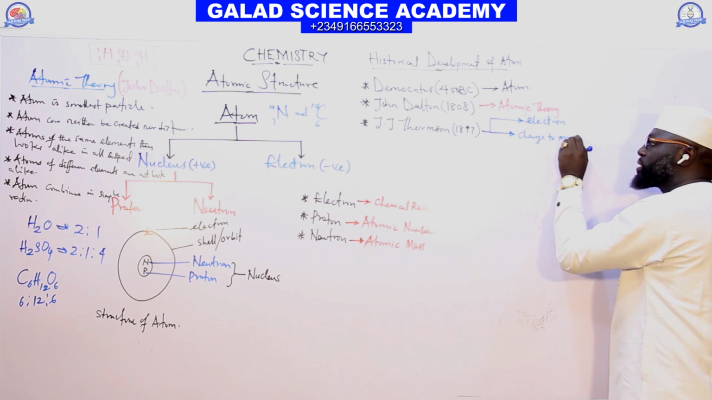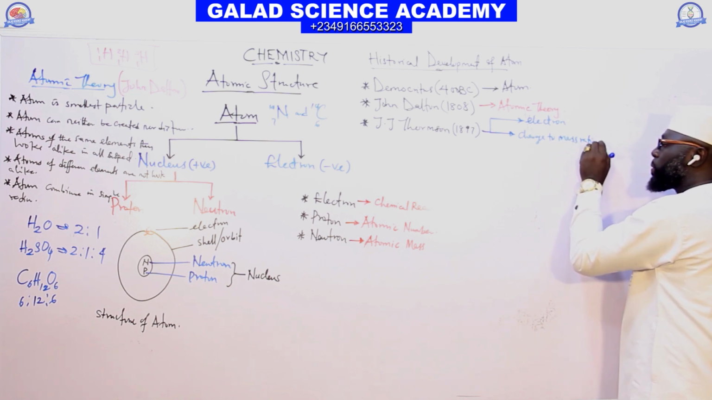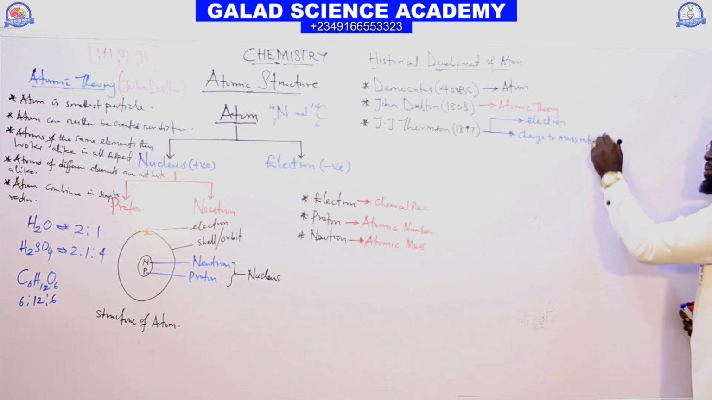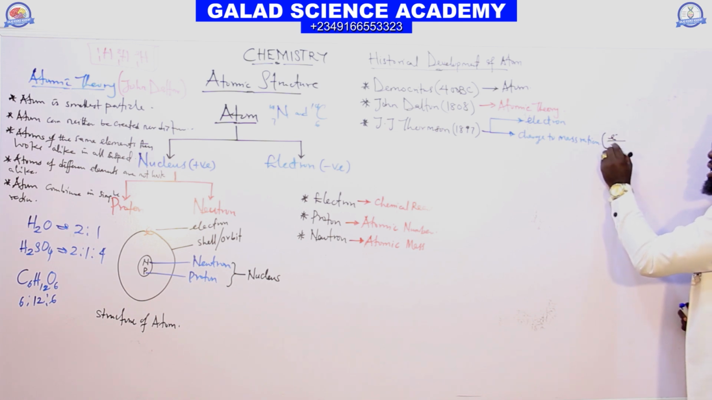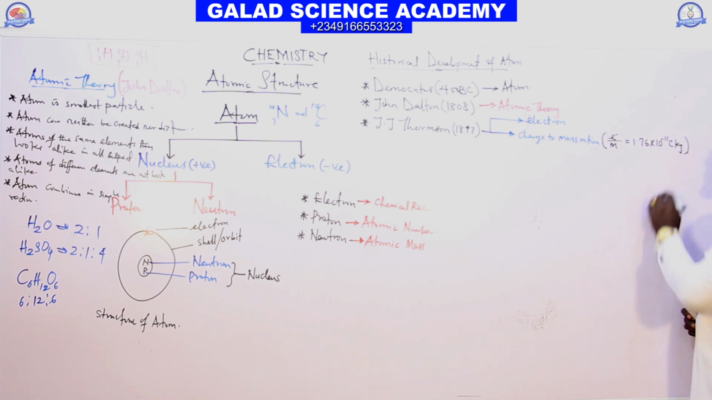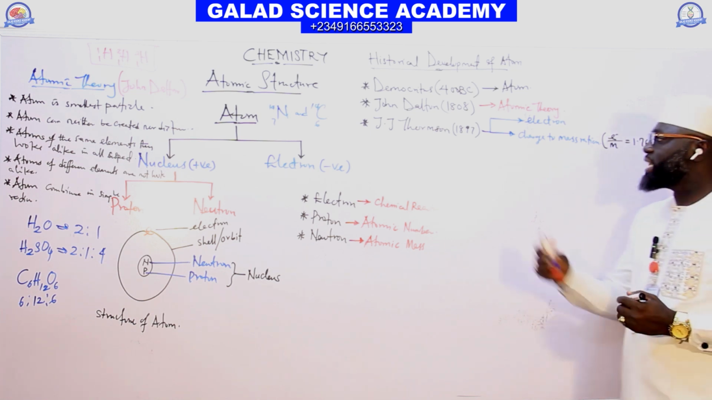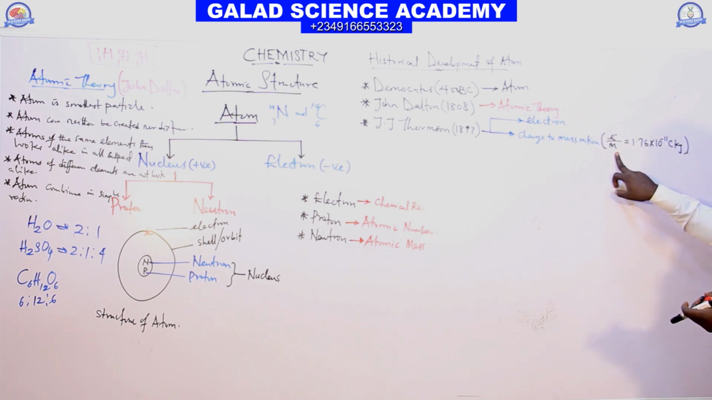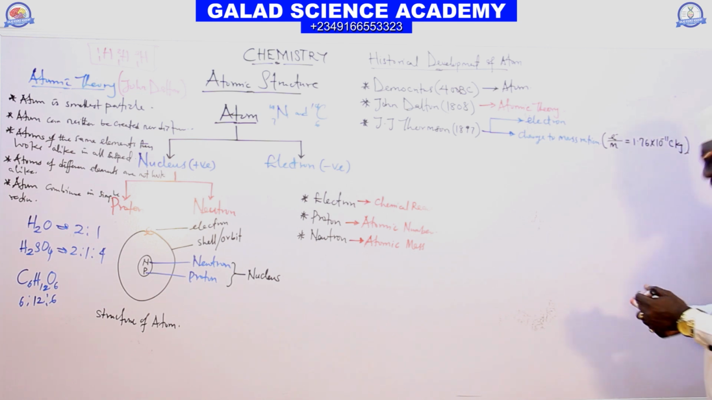So Thomson discovered the charge to mass ratio. In the bracket, we have e over m, which is equal to 1.76 times 10 raised to power minus 11. So J.J. Thomson discovered the charge to mass ratio equal to 1.76 times 10 raised to power 11. And this same J.J. Thomson